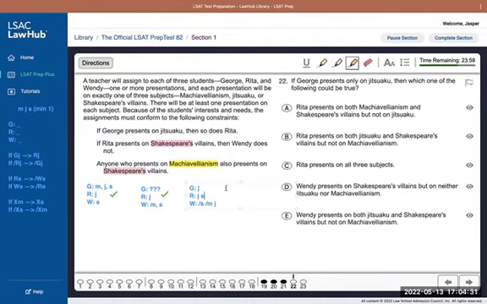R would have to present on M, not because if she presents on S, then she has to present on M. That's not the issue. That's not why we come to that conclusion. We come to that conclusion here because we're trying a scenario where R presents on S. And when that happens, W doesn't. If W doesn't present on S, then W also doesn't present on M. We know from the question-specific condition that G can't present on M because G only presents on J,